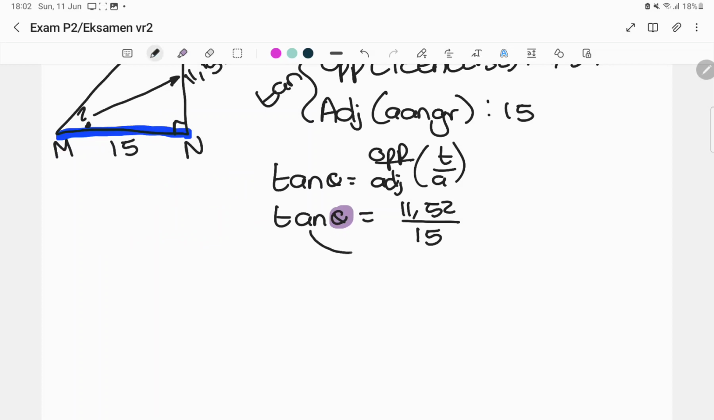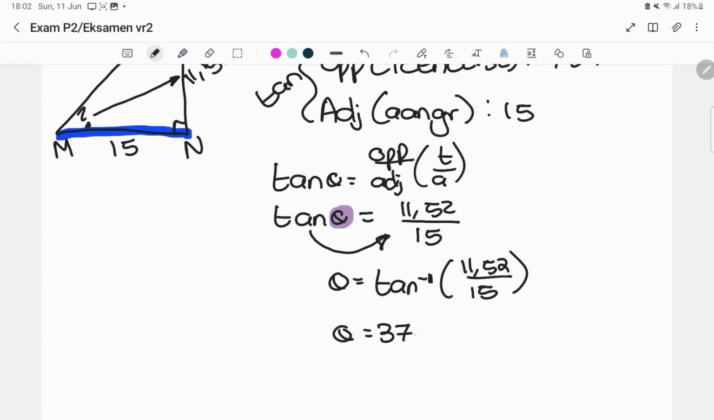So I have to take my tan over. And remember, when you take over the identity, it becomes the inverse. So it becomes tan^-1, which I will get on my calculator using shift. Alright, so to type this into my calculator, I'm going to say shift, I'm going to say tan. It's automatically going to give me my -1. And then I'm just going to put into brackets 11.52 over 15. Remember to close your bracket. So that will give me an angle of 37,52